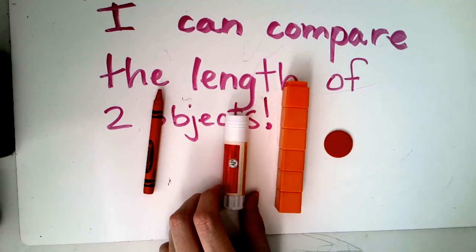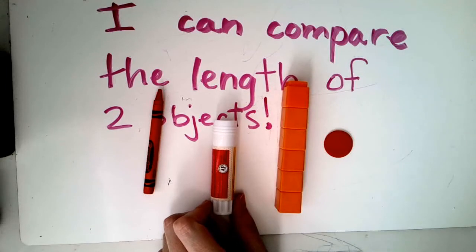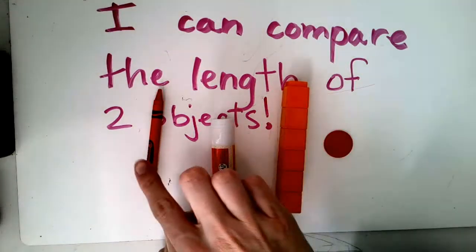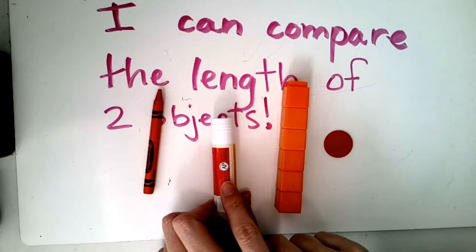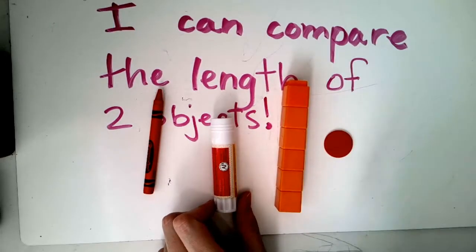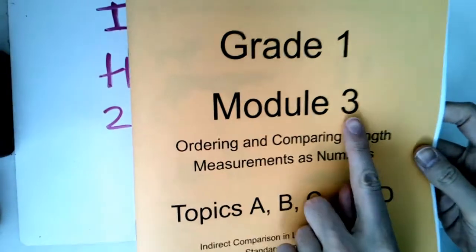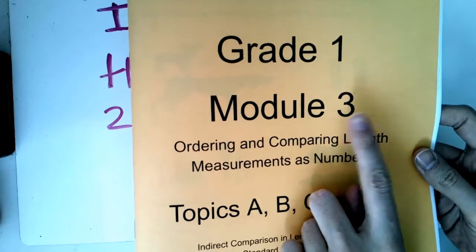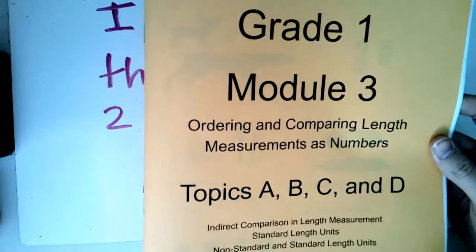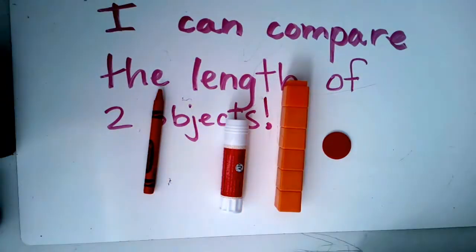Okay, so you'll need these 4 objects. Now these might be things that you need to go dig out and get. So if you need to pause, go ahead and find a full-length crayon, a glue stick, 6 linking cubes, and 1 counter. Okay. You will also need your Module 3, remember a new math book, your Module 3 math activity book. Okay. And a pencil with that,